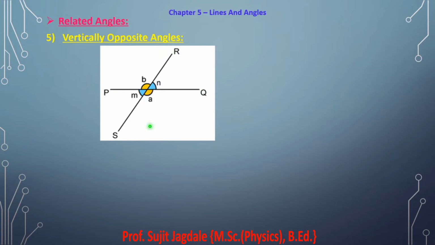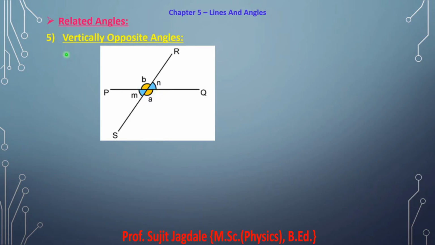Suppose we draw the same lines like this, here this one is PQ and this is RS. So here we can say that these 2 lines are meeting each other at a common point. Here we are considering the intersection in this figure, 2 line segments intersecting each other, that means they are crossing each other. Only then are we able to get the vertically opposite angles.